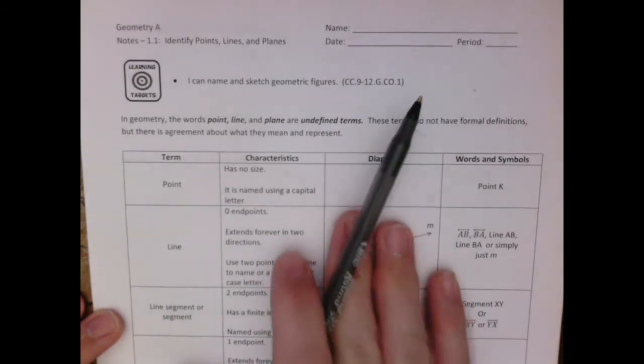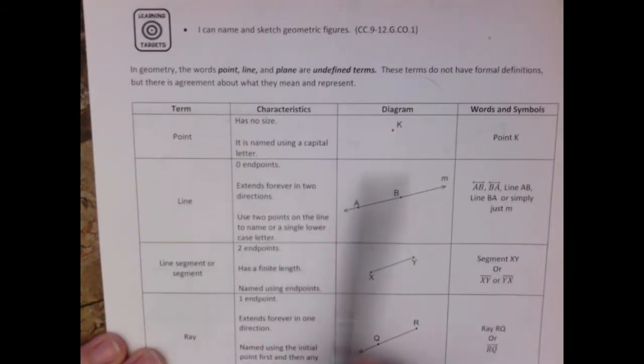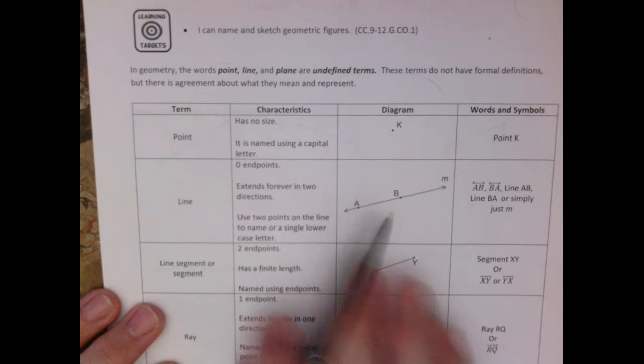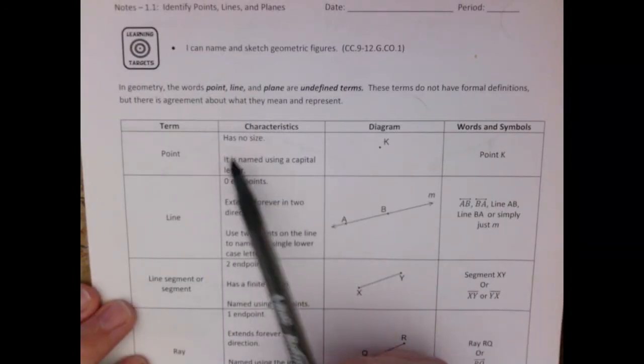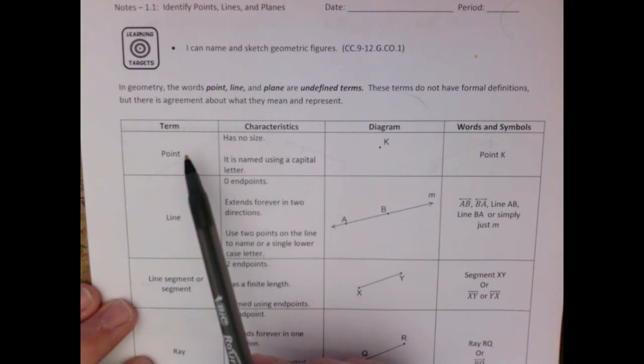You have access to this document. It's in Google Classroom right now, and it has, like I said, all the definitions with diagrams and everything for your reference. So I'm going to go through the highlights, and then we'll do some examples. I'll show you exactly what you need to be able to do, and then you'll have some time to practice it. Okay, so the basic idea of this section is to be able to name and sketch various geometric figures,